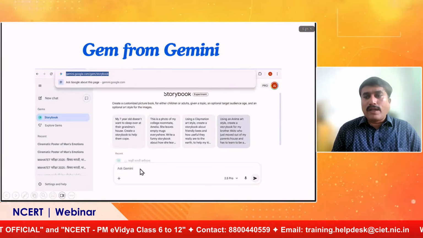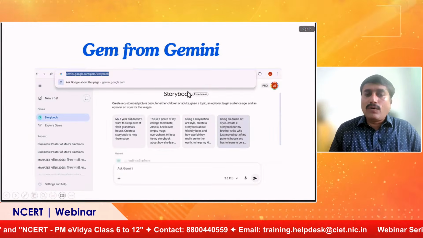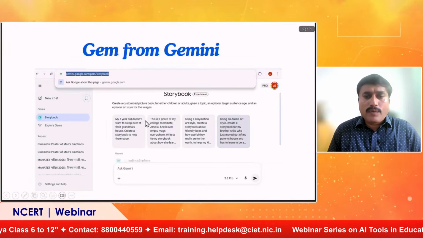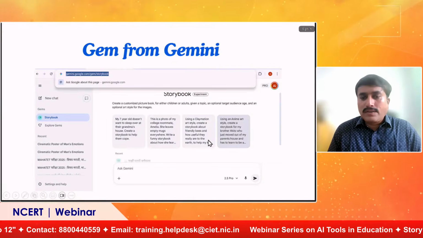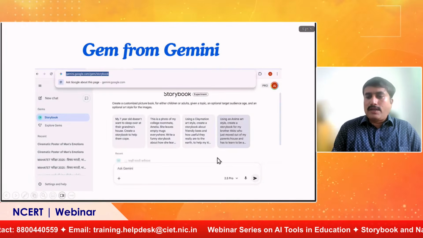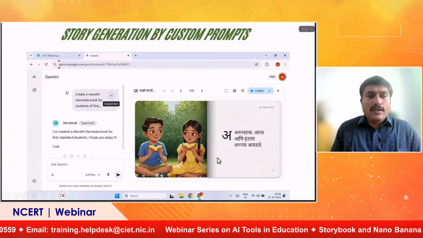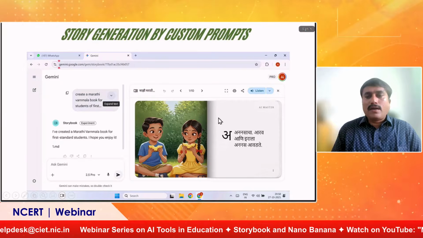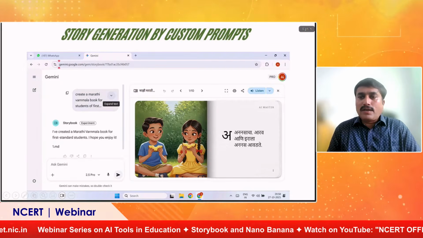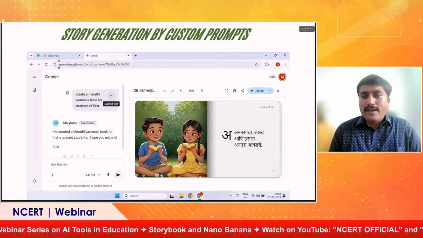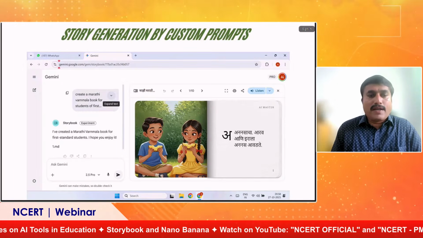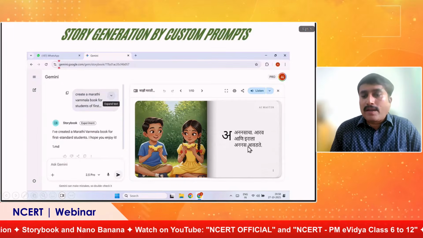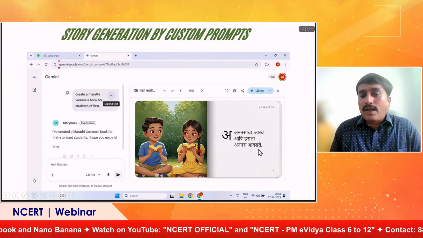We use the AI chatbot and we type there. That's how it is shown in this UI, that you can write prompts or you can write plots, and then the story will be generated. So this is a story in my local language, Marathi. My students want to learn about the Marathi Varnamala, so I have created a book called Majhi Marathi Varnamala. And you can see here two students are eating pineapple.